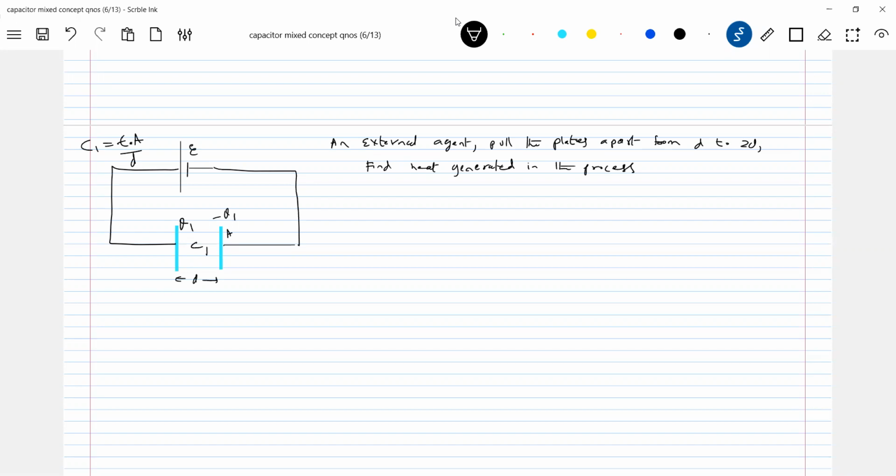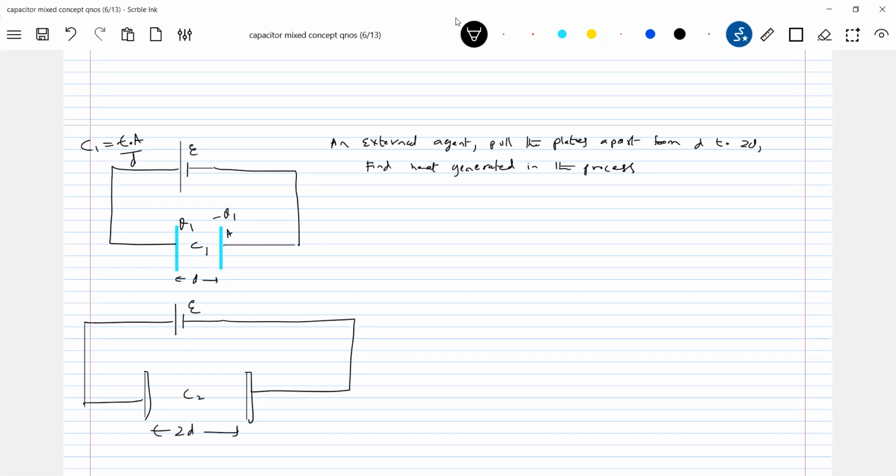Earlier I brought two conditions. There's a third condition: an isolated charged capacitor connected to another capacitor, then we pulled. Now here the capacitor is connected to a cell, then I'll pull the plates apart. So let it be like this. Some problems really try to introduce the basic ideas very systematically. So here the separation is 2d, and the capacitance will change.